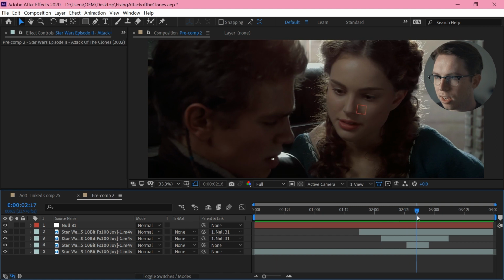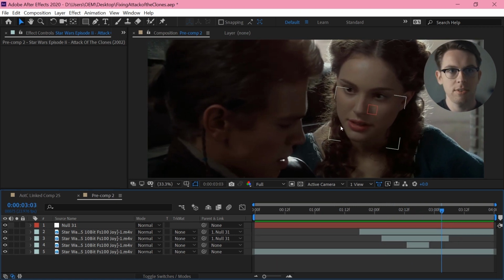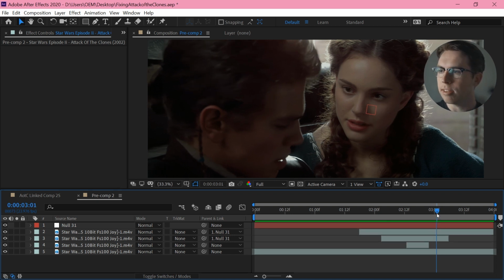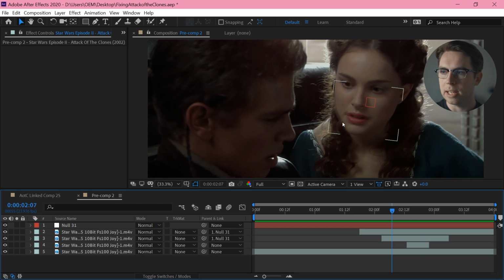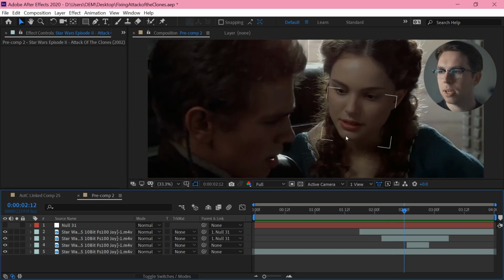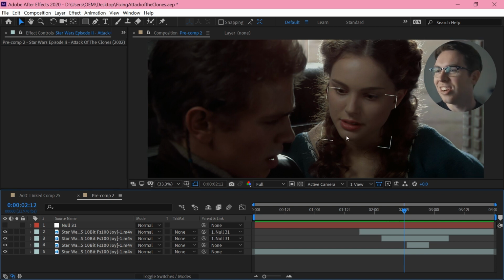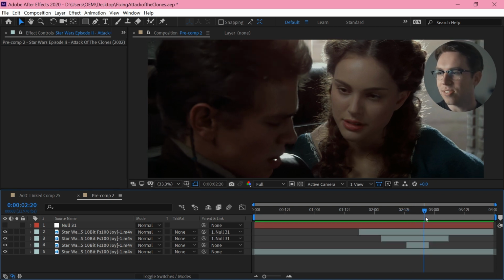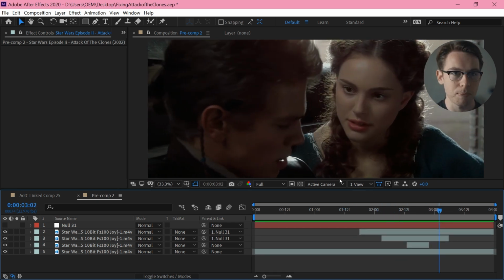There's plenty of tidying up you could do with a bit of distorting, a bit more full face replacement, removing these head movements of hers, tidying up around the edges, blending these into each other a little better. But the thing is, tidying these shots up would take you a couple of hours, which is longer than it took me to put them together in the first place. So yeah, it's something to do. There's room to improve here, but I was able to successfully remove a line read, and that's the main thing.